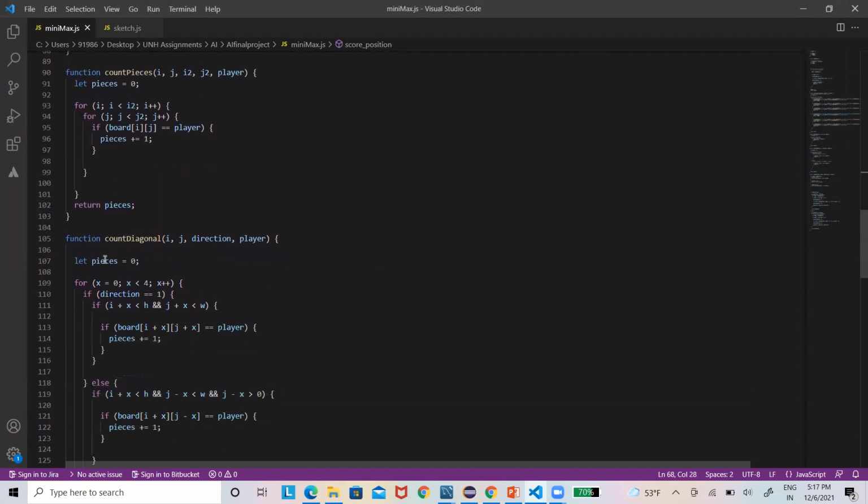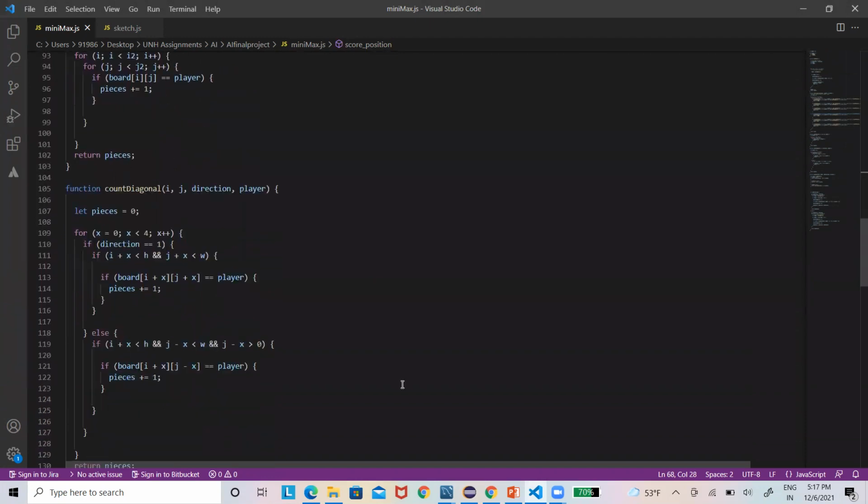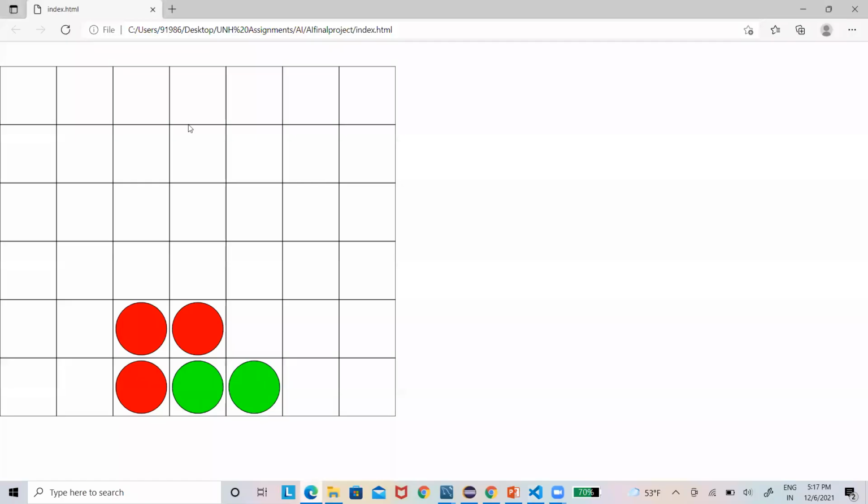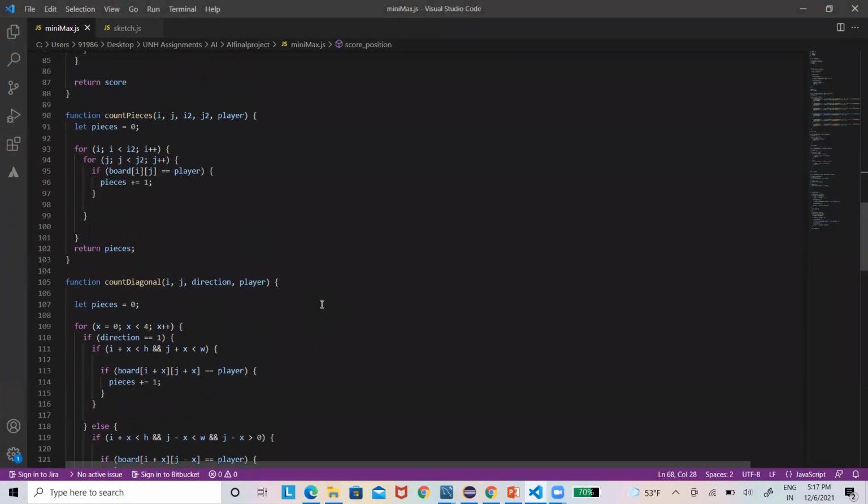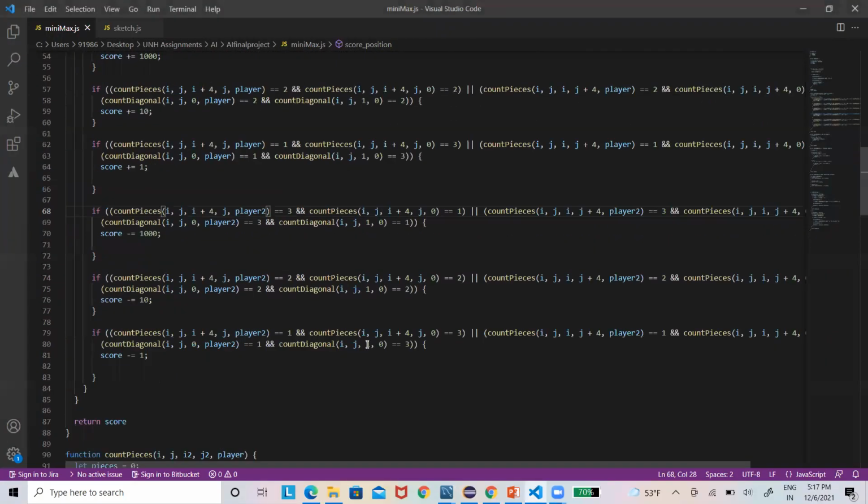Here there is a function to count the diagonal values. If, for example, I click here, my coin drops here. The best possible way for the AI is to drop 1 coin here. That's the best possible way for the agent. Immediately it returns the score.